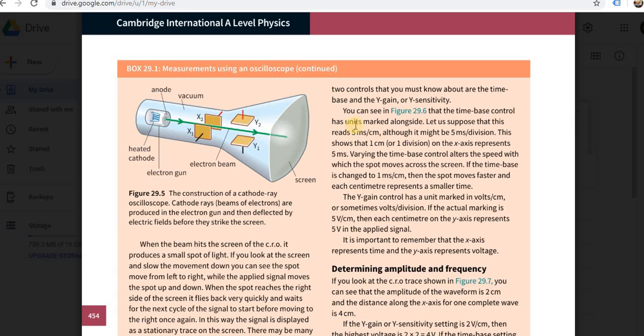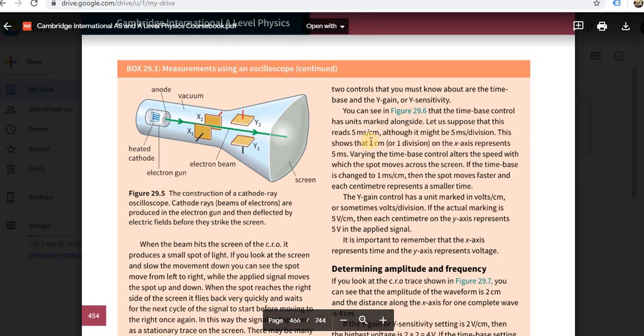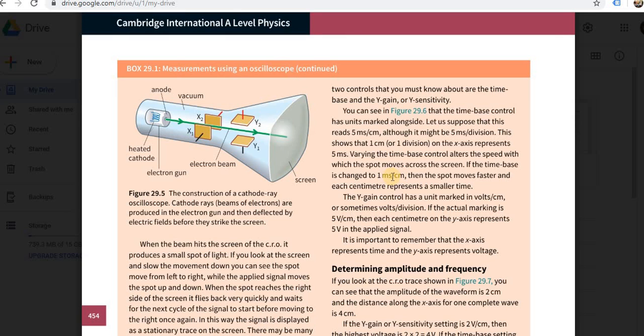So here is one of the settings, that is for the X direction, the time base control. So 1 centimeter can be equivalent to 5 milliseconds, so you can adjust it. 1 centimeter is 1 division, we can say. Varying the time base control alters the speed with which the spot moves across the screen. If the time base is changed from 5 milliseconds per centimeter to 1 millisecond per centimeter,